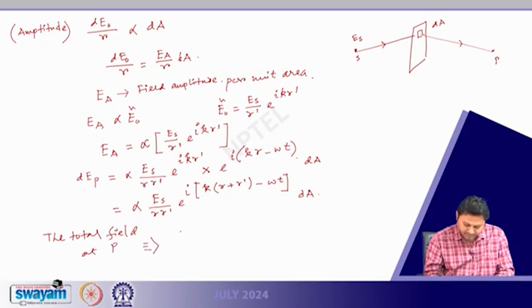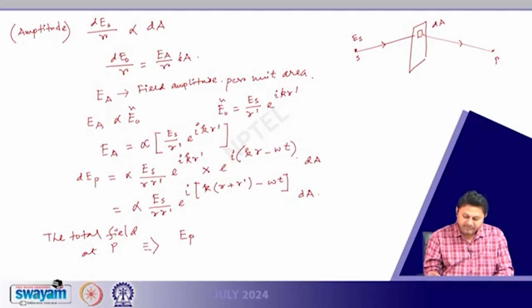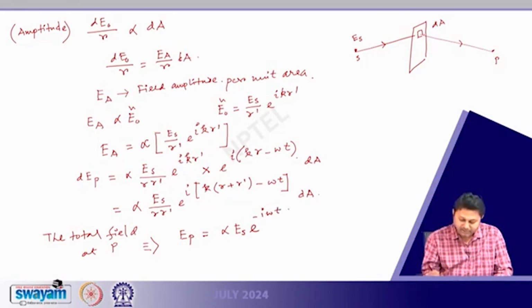that is EP, and essentially that should be the integration over dA. So it is equal to alpha Es, then we have e to the power of minus i omega t term, which should come outside because it has nothing to do with the integral over area. Then we integrate over the entire aperture,